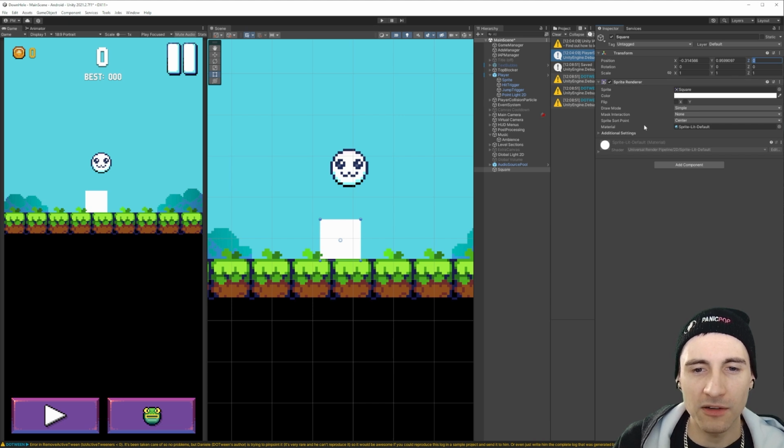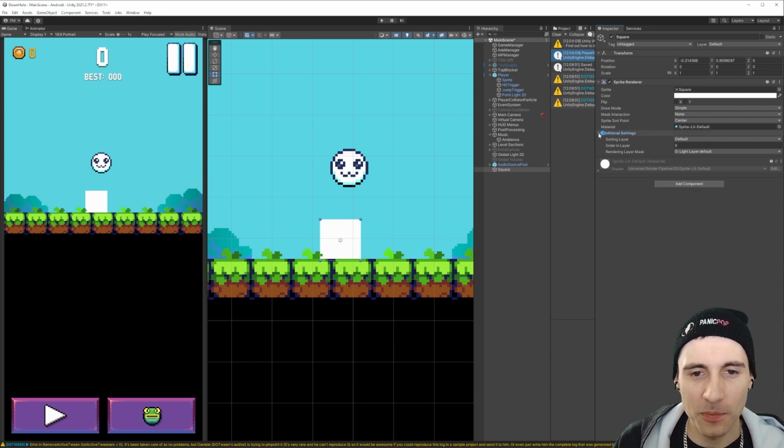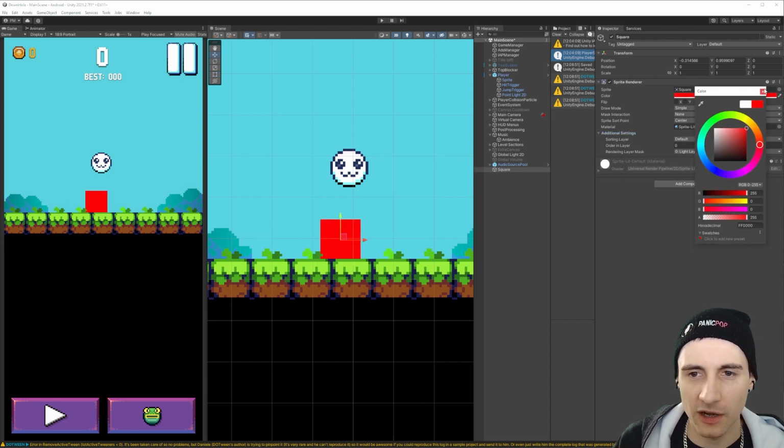And here on the sprite renderer, you might notice that you don't see the sorting layer or something. Just remember, Unity has all these things minimized, and you need to open them up and there'll be more options there for you. So here we can see it's on the default layer. So just real quick to show you, I'm gonna make this square red,